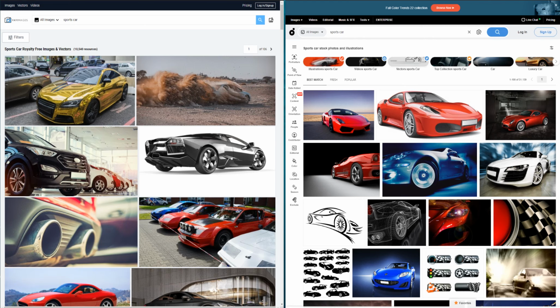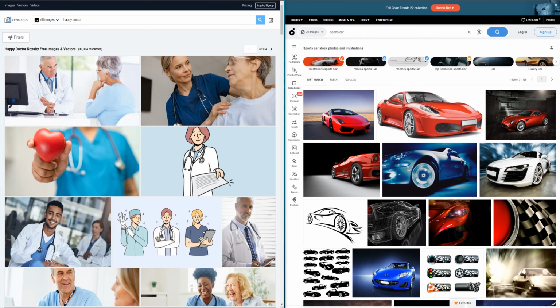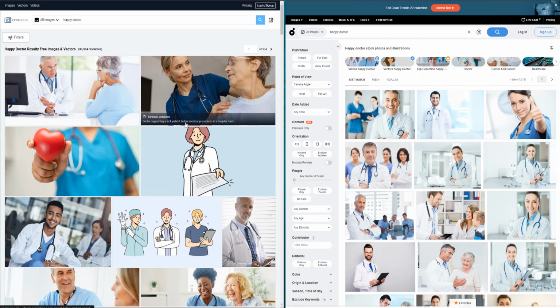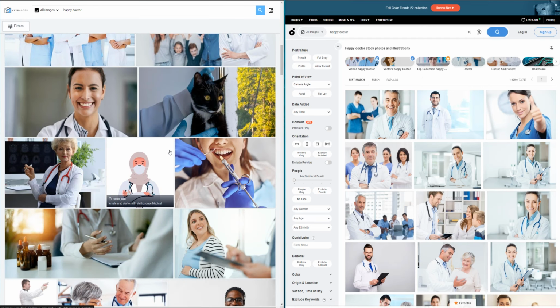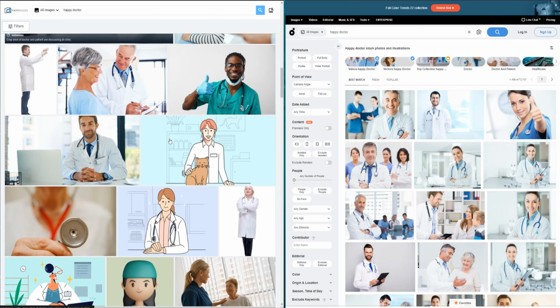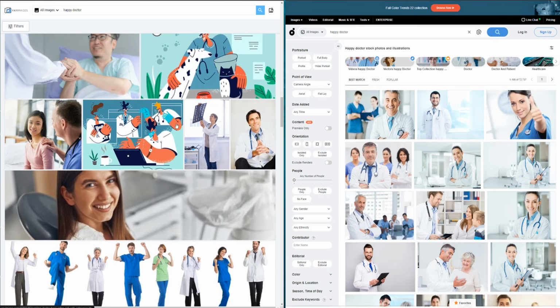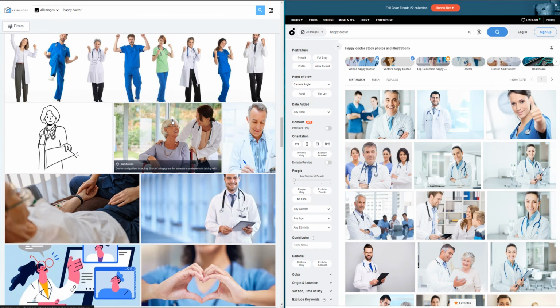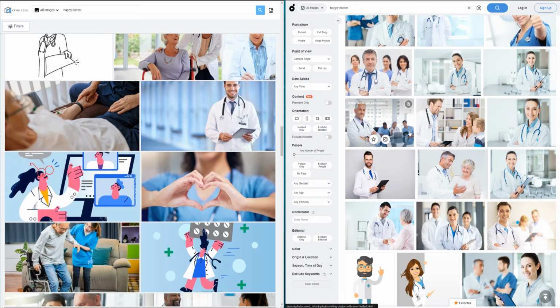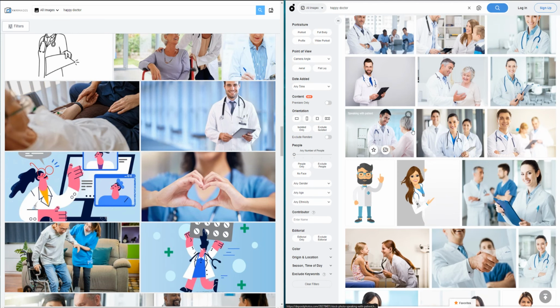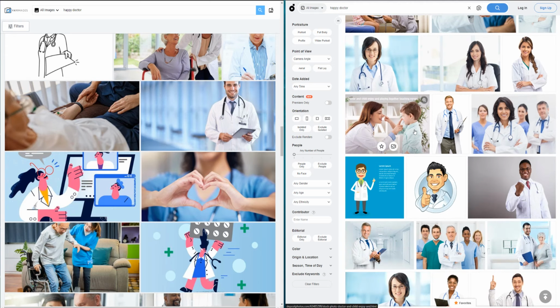So let's move on to the next search term, Happy Doctor. So again, I think this is quite similar to yesterday's video, because yes, Yay Images does have a lot of happy doctors, which is good. Yeah, seems pretty decent when you compare with the right side. I would say that the right side for Depositphotos, maybe they have slightly more options here, slightly better, but again, when we look at the pricing later, you will see that